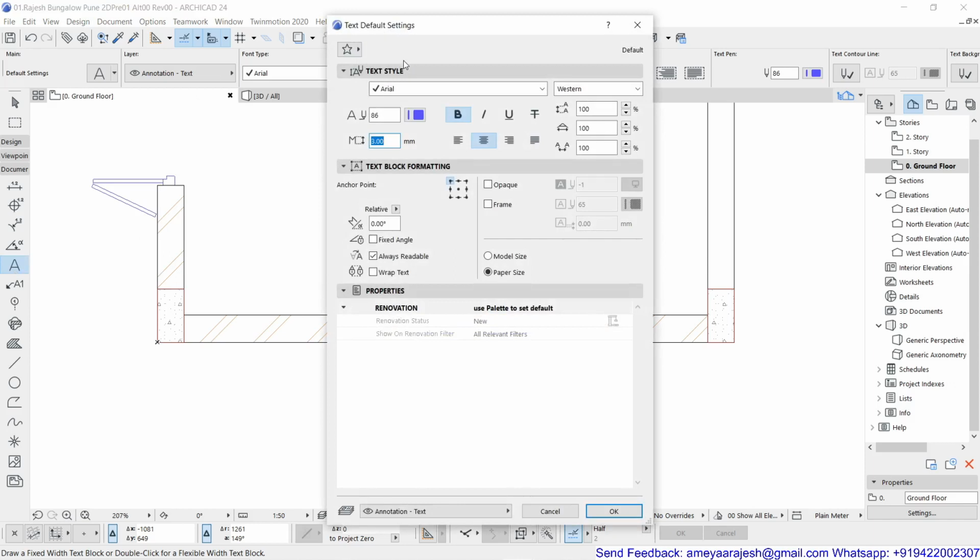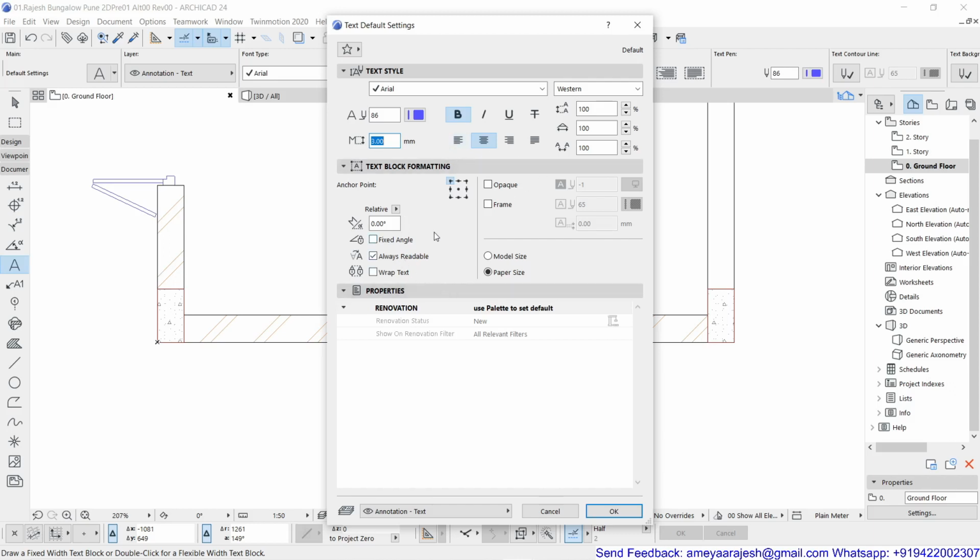Here it's a very simple tool, the way you must have used any text editor earlier like MS Word or any equivalent such editor. So all the things are going to be quite similar, that you have to select some font file with its style and its height and all those things, justification.